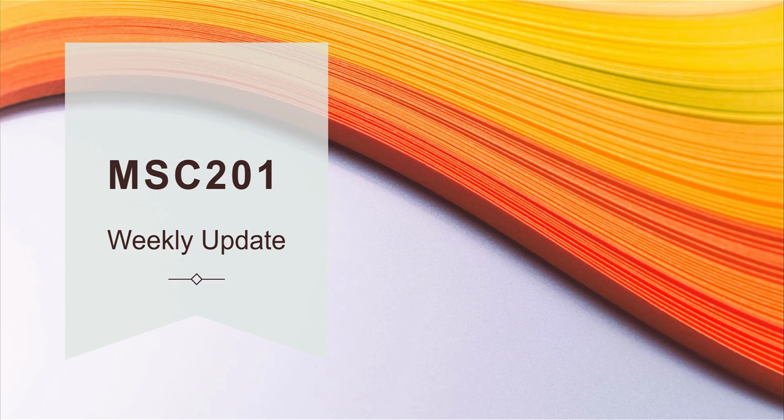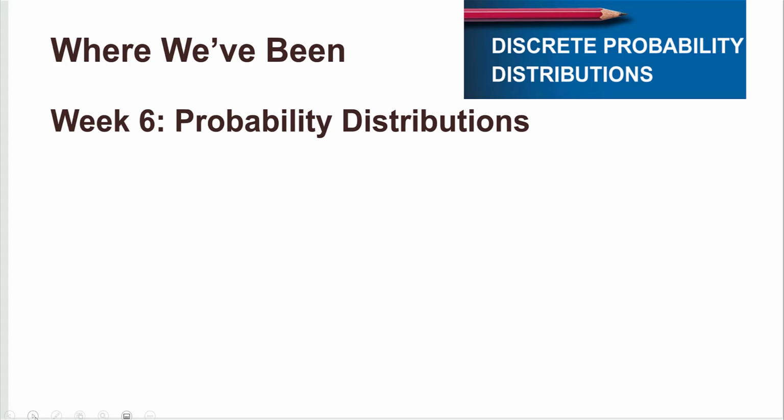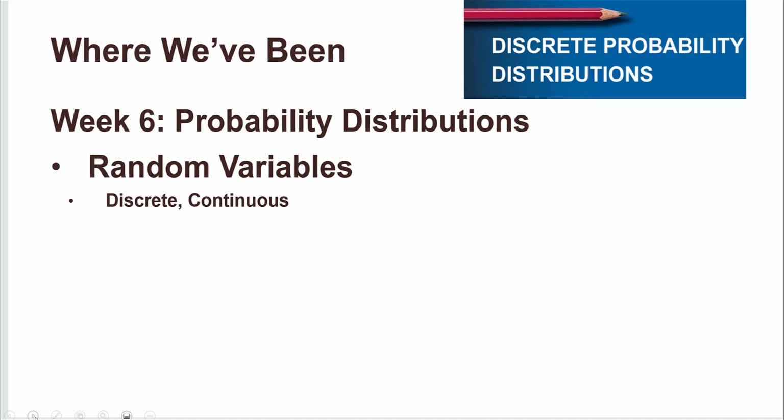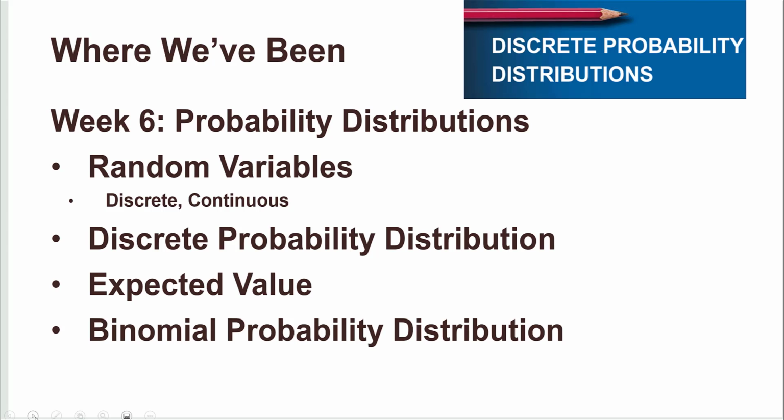So I want to let you know what we're going to go over this week in the course. So let's talk about where we've been first. Last week we learned about probability distributions. We learned first about random variables, both discrete and continuous. We learned about discrete probability distributions and the expected value, and then also one particular type of discrete probability distribution,